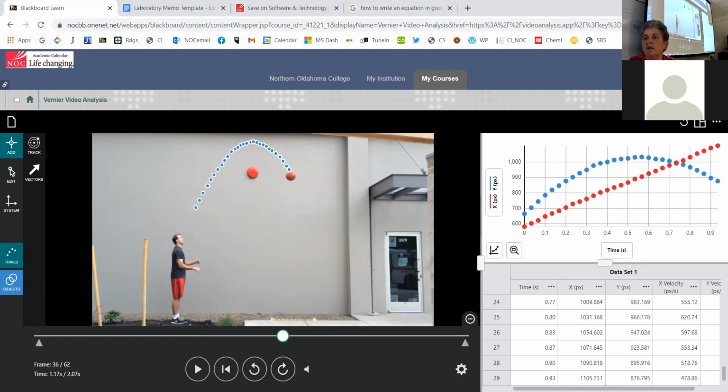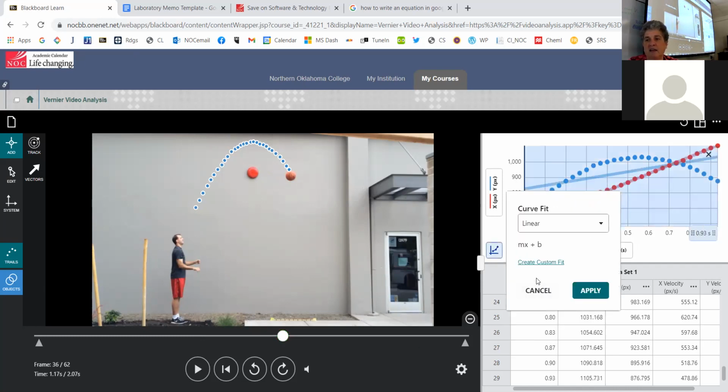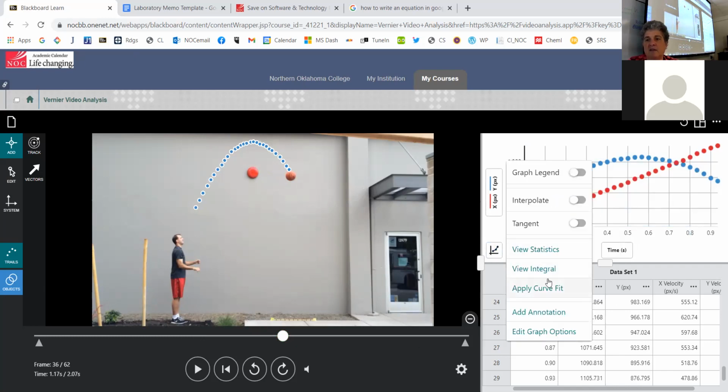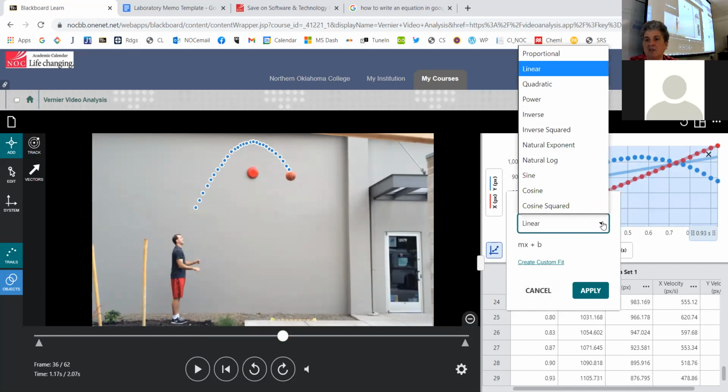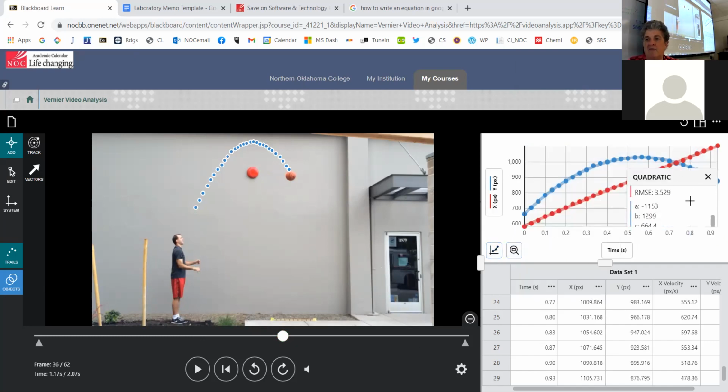So I'm going to move this out of the way. Over here, I've got my data and I can actually apply a curve fit to the data. I've got the red data, looks pretty much like a line, right? I got my curve fit and there's my line. I can also do a quadratic and now I've got my curve fit for my quadratic. And I can say apply and it's got the information for my quadratic and I can look at it for my straight line. But you can see the red indicates the position along the x-axis and the blue indicates the